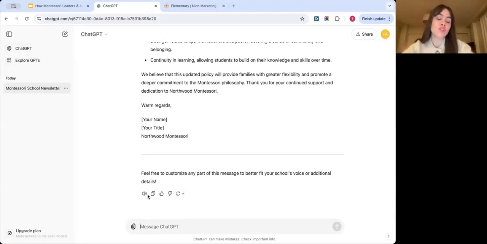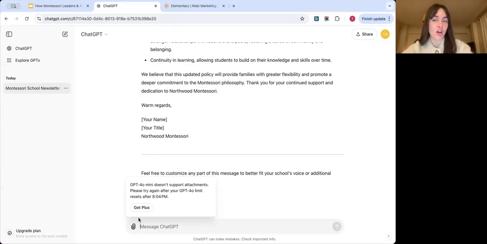I think you can actually do that with this version if you include, see it says here, Get Plus. So Mini doesn't support attachments. But if it's a Word document, you can easily copy and paste the content from that Word document onto ChatGPT. If it's a PDF, you'd need the paid version,